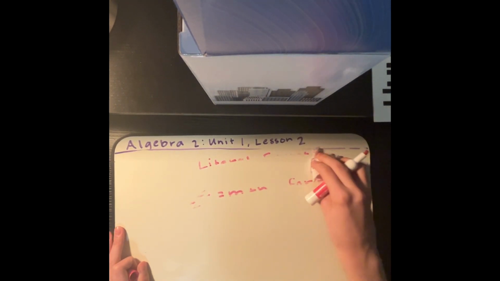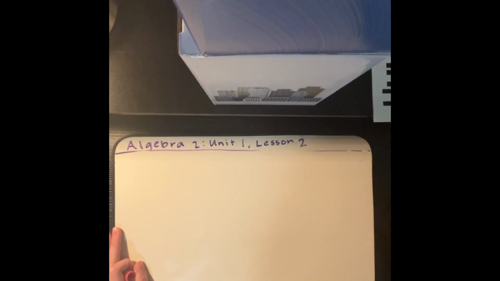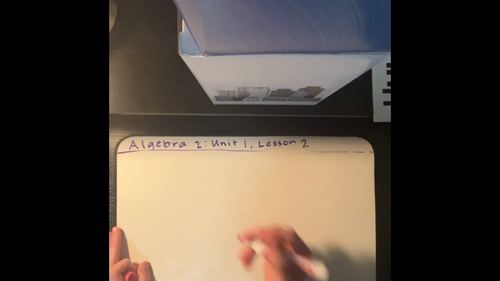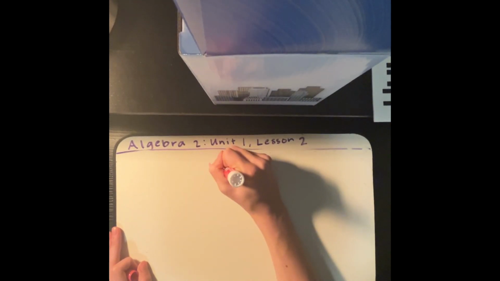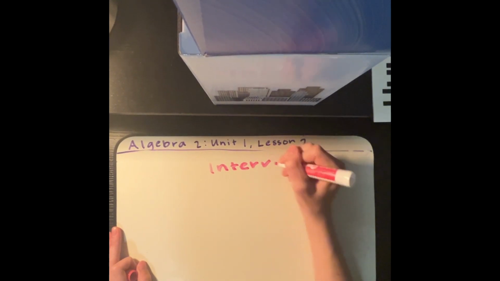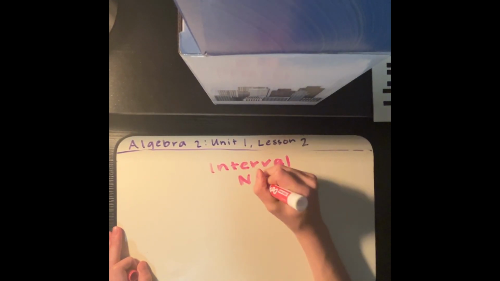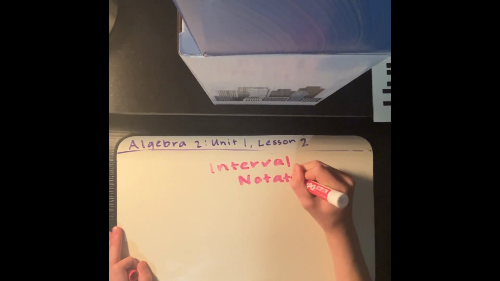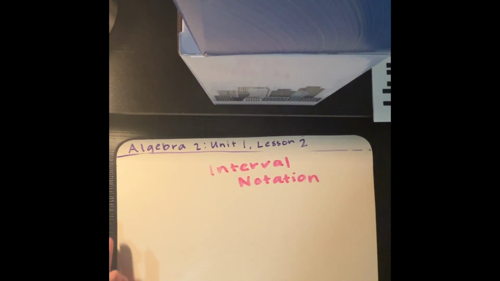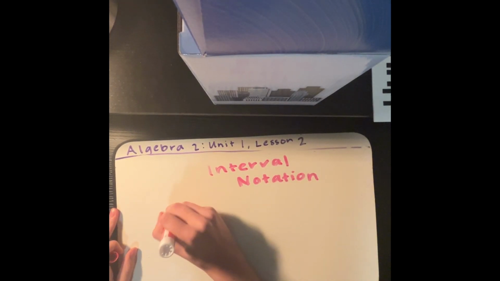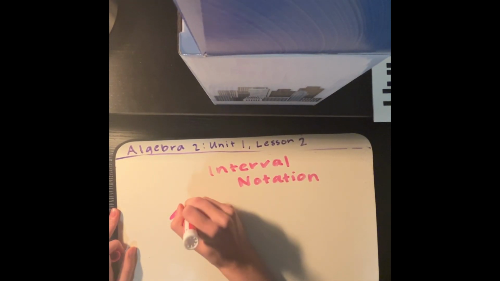So now we're going to look at something that's probably new, known as interval notation. Interval notation is kind of another way to notate inequalities. You may have talked in the past about graphing inequalities. We're going to do some more of that today. But first, let's talk about interval notation and how we can notate that. Interval notation reads left to right, which makes sense because it's smallest to highest. Another thing I want to say is when we have a less than or equal to, or a greater than or equal to,